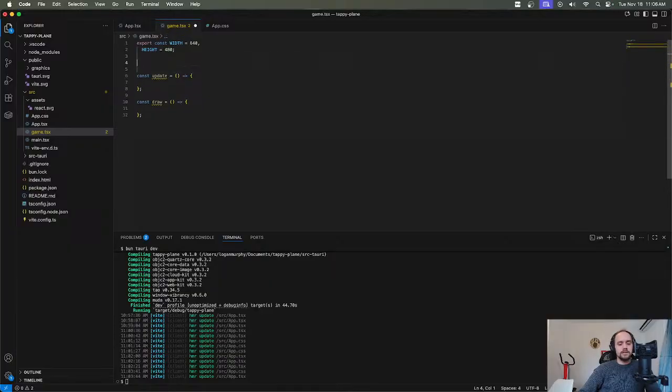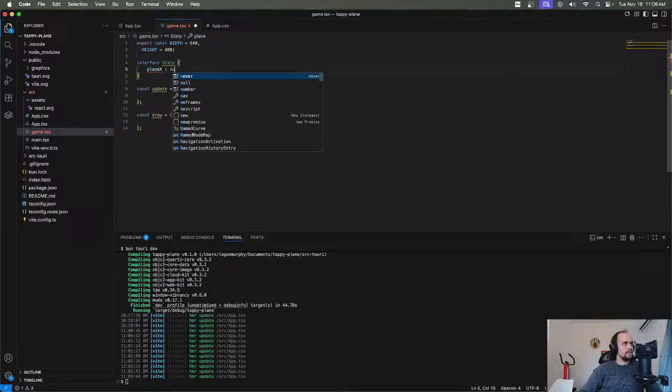We're gonna have like a concept of a state. So I'll create an interface state. And it'll also store information about the game itself. Maybe something about like the lane X, lane Y,